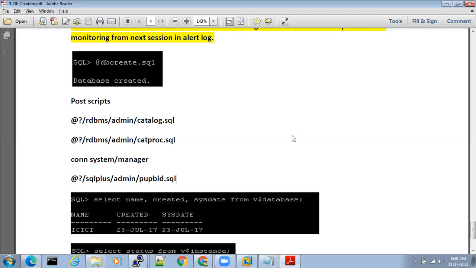Zero coding. Database administration itself is a zero coding course. It is not a coding language, but it is a structured query language.